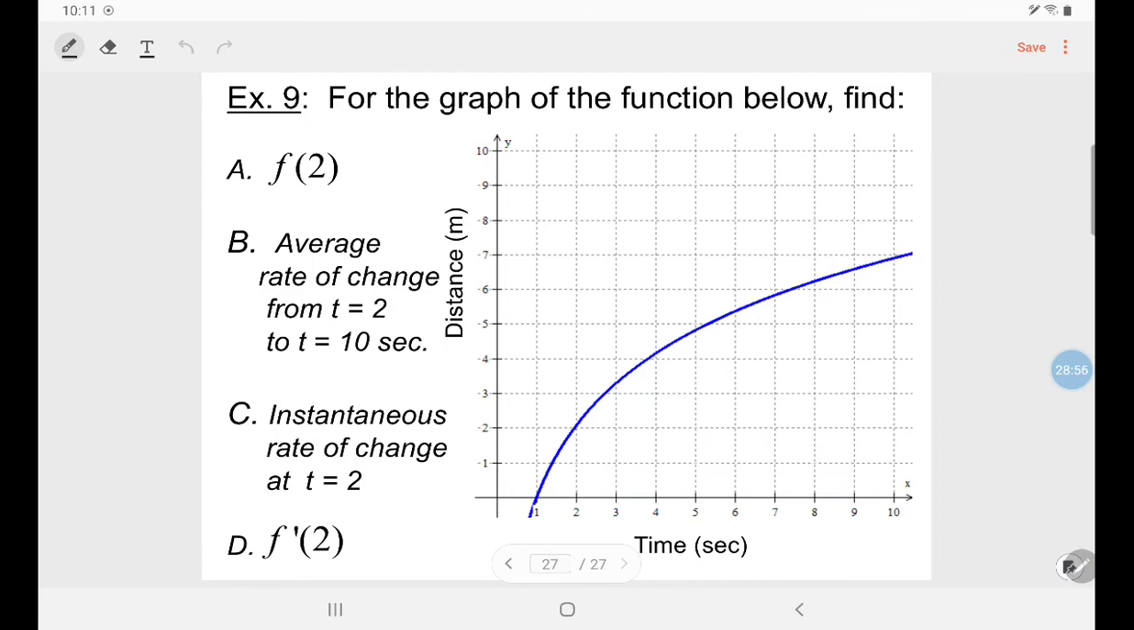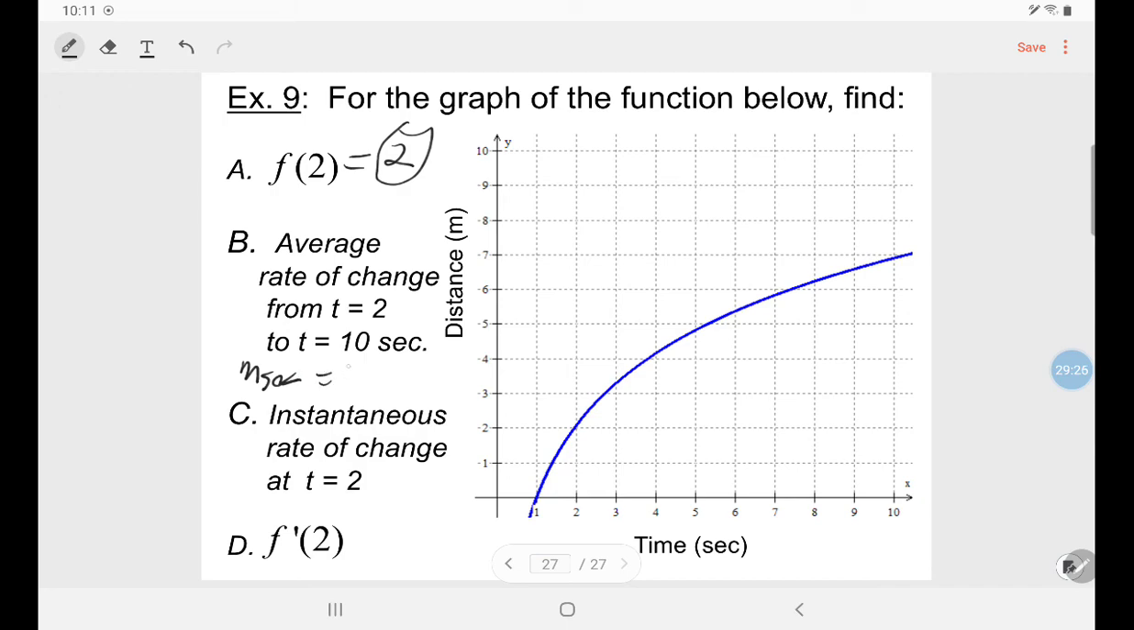Now, f of 2 basically means as I go here where x is 2, go to where I hit the graph, and my y value at that point is 2, nothing to it. Again, basic algebra stuff that you already, I hope, should know. Now, average rate of change, remember, this is just your